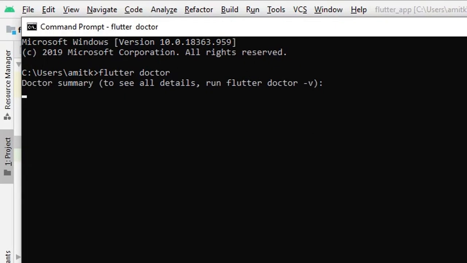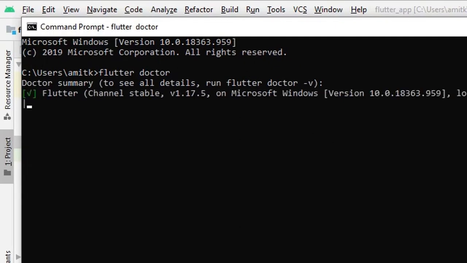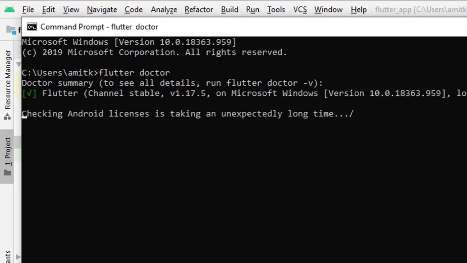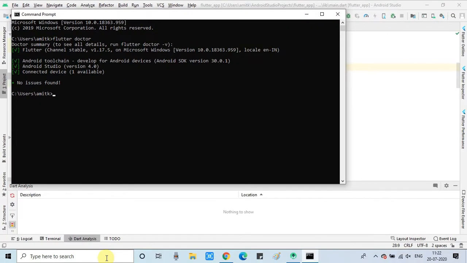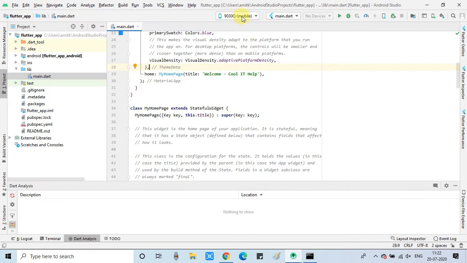we will check by running the flutter doctor command on the console. I will suggest you every time when you are going to deploy or run your application on this, you must take a pre-check at least one time, so you will see all the dependency and requirement is fulfilled and everything is fine, and we are connected to the device and we are ready to go. Also you can see in this box your selected device, your connected device will be displayed at this place. Okay, now we are good to go.